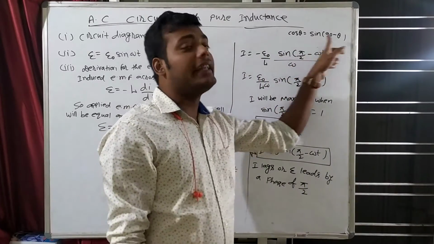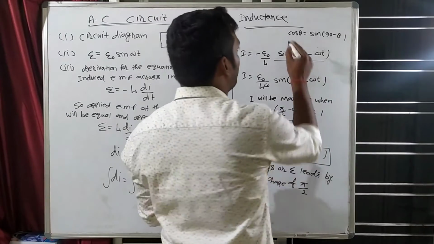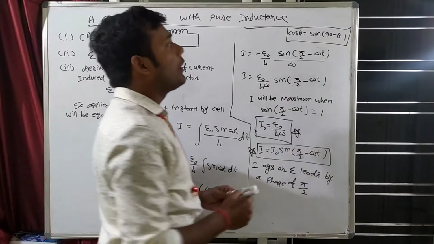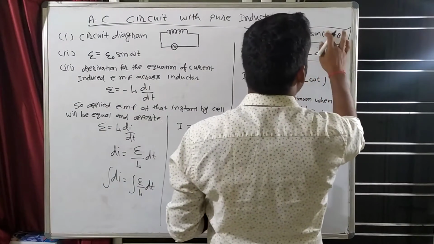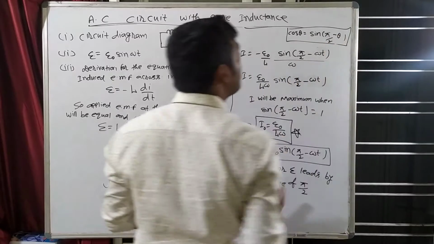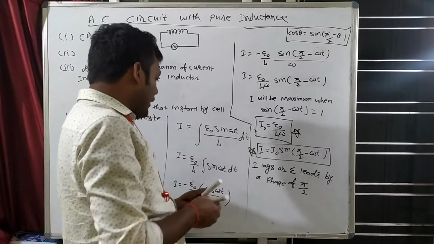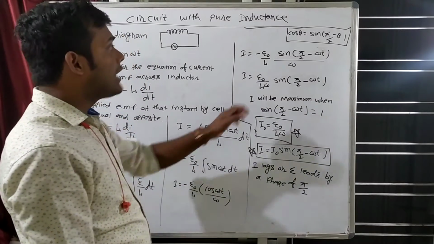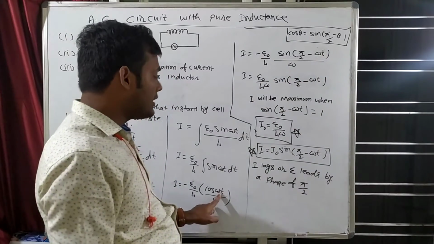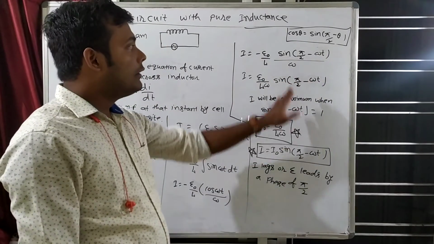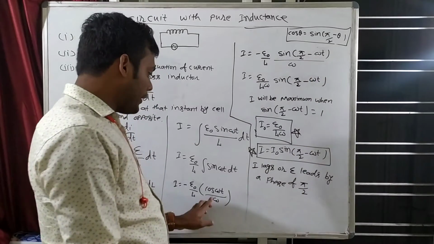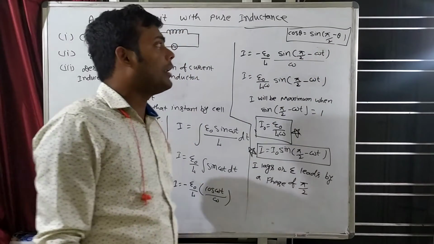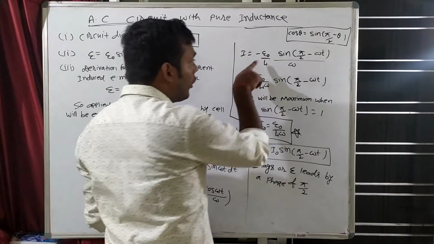Cos theta is equal to sin of 90 minus theta. This is a formula from trigonometry. Cos theta is sin 90 minus theta. Sin 90 means sin pi by 2 minus theta. We can also write sin pi by 2 minus theta, where pi by 2 is 90. So in this cos theta, in the place of theta there is omega t. So we can write sin pi by 2 minus omega t, because it has cos theta. In the place of theta there is omega t. Clear? Now this is minus.